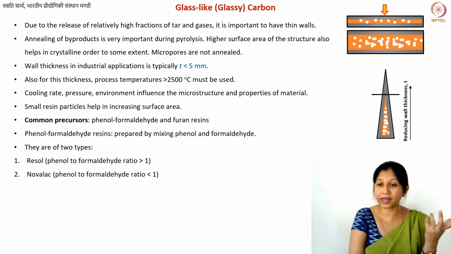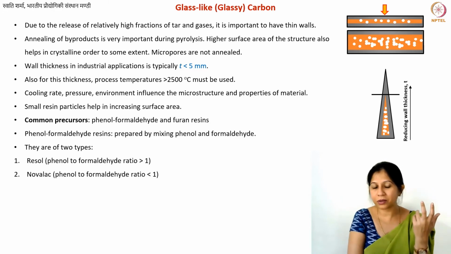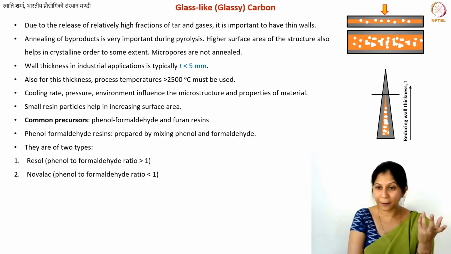So for any other polymer, you would have to melt it for extrusion. But in the case of phenol formaldehyde resins, you just buy the one that is liquid, and it will be fine because ultimately you need to carbonize it anyway. So you're not really going to use the properties of the polymer itself. As long as it does not very badly affect your carbon yield, then you're fine.